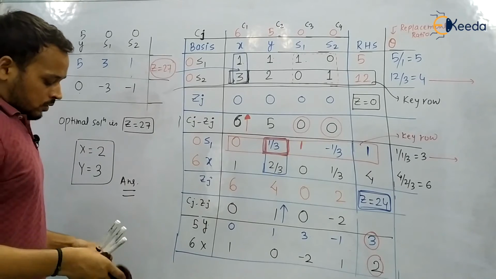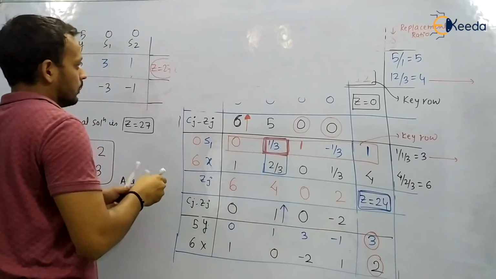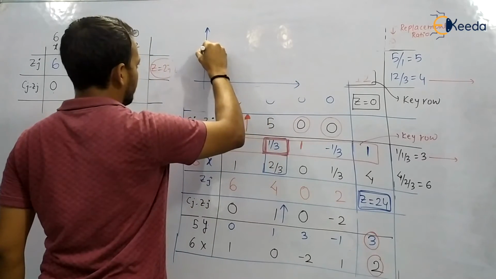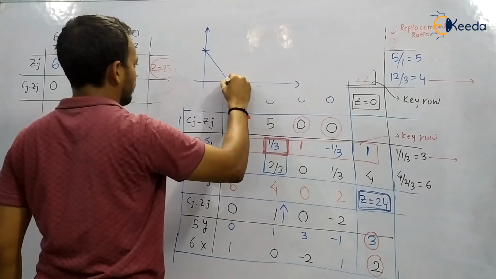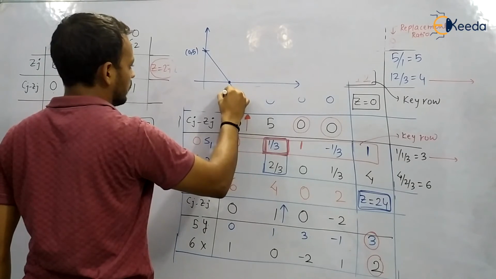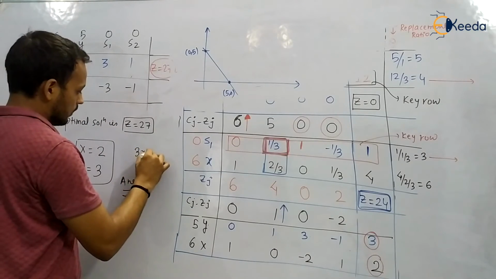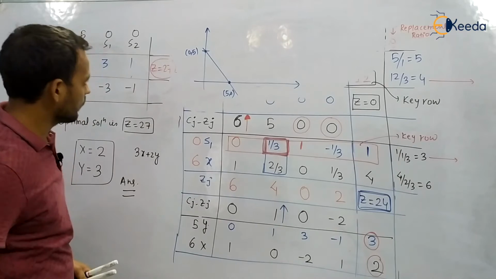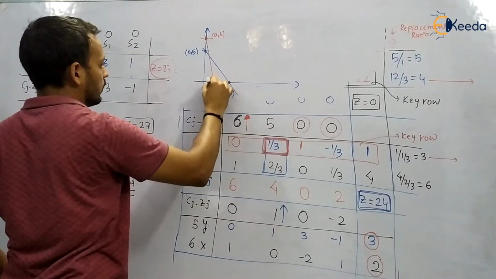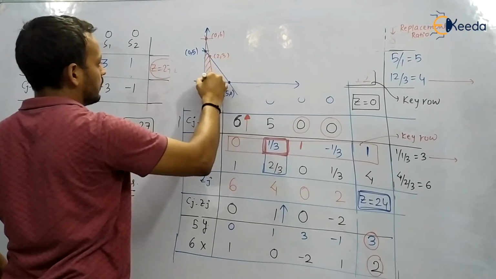Now we can see some of the steps. Now just plot this method with the help of graphical method. It was 0, 5, and this was 5, 0. And the second one was 3x plus 2y: 0, 6 and 4, 0. We have done it earlier. And at this point we are getting 2, 3, and this was our feasible region.